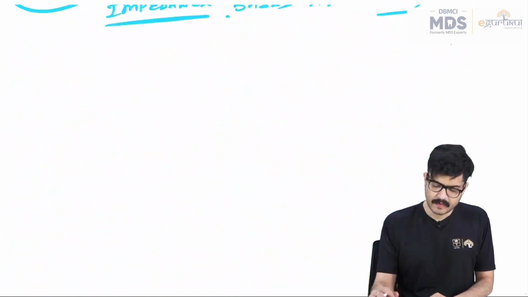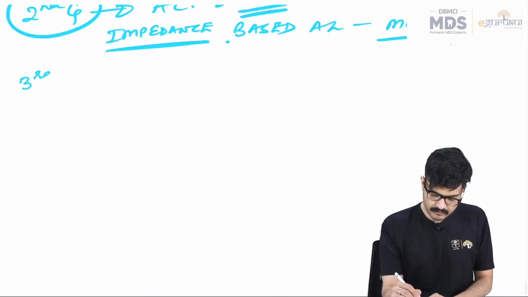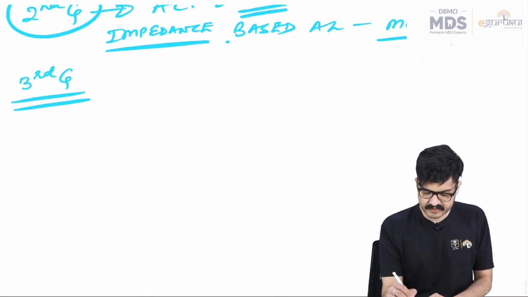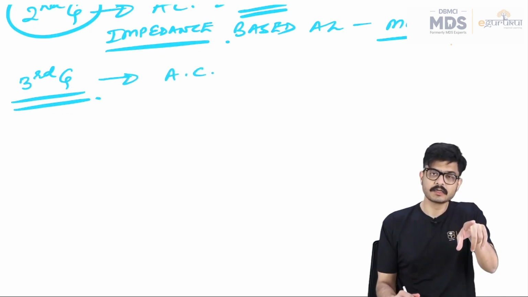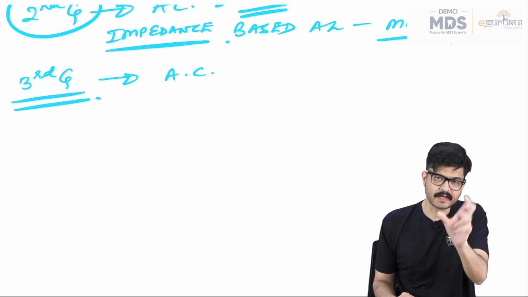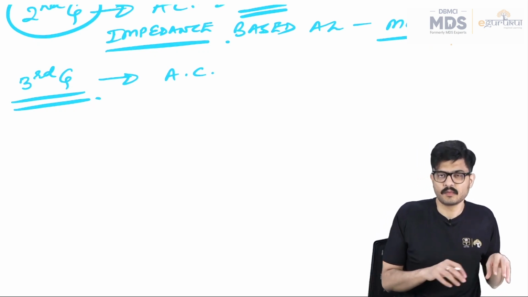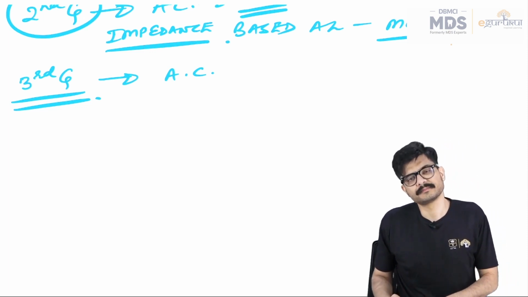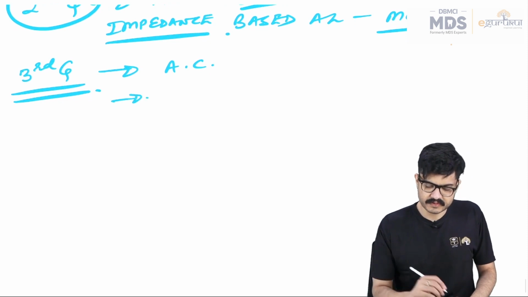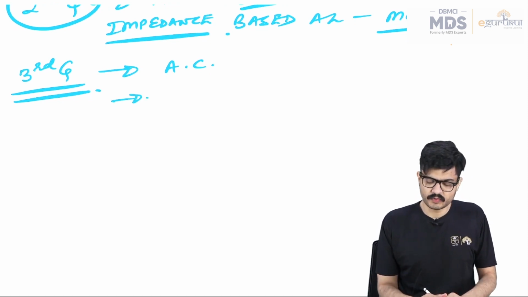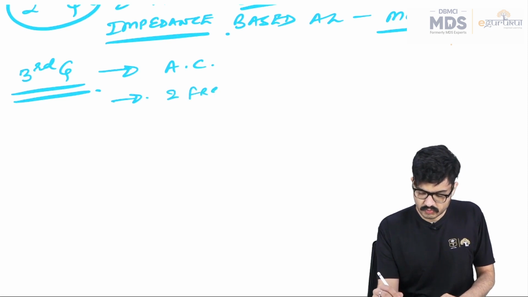And then we have the third generation. What is that now? Now, the common thing between second and third generation is that this is also based on alternating current, but not at one particular value of alternating current. This is based on two different types of alternating currents. One at one frequency, the other at the other frequency. Right? So you have third generation apex locators which are working at two